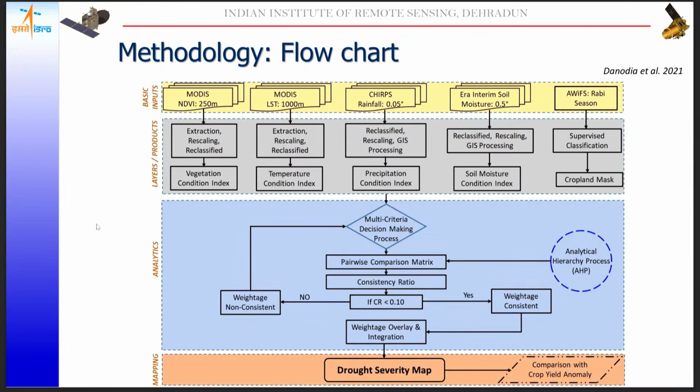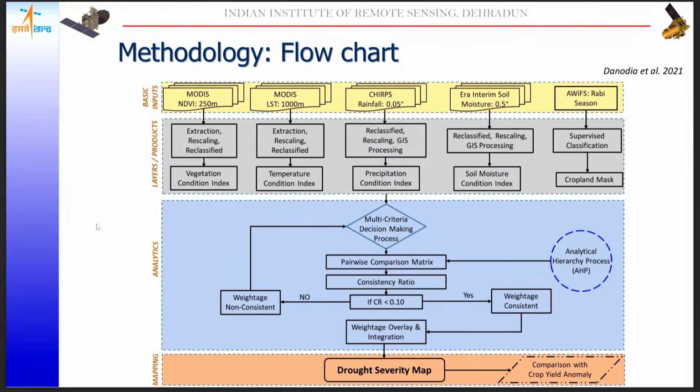So on the basis of that, we can define the consistency ratio and consistency index, which is also an important part of AHP, and that should be less than 10%, or 0.1. When the condition is met, only then can the weightage pass through, and we have a clear-cut pairwise comparison matrix which can ultimately be utilized